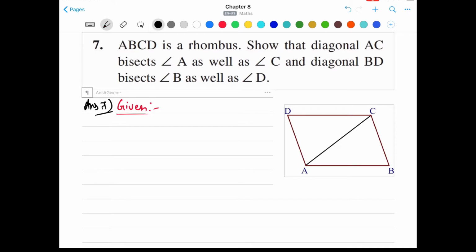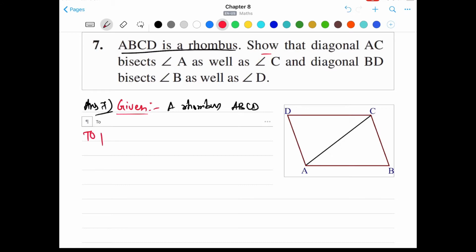Given here is again a rhombus ABCD. So given is a rhombus ABCD, in which we have to prove, so there is nothing else given, directly we are asked to show that. So we'll write to prove is,